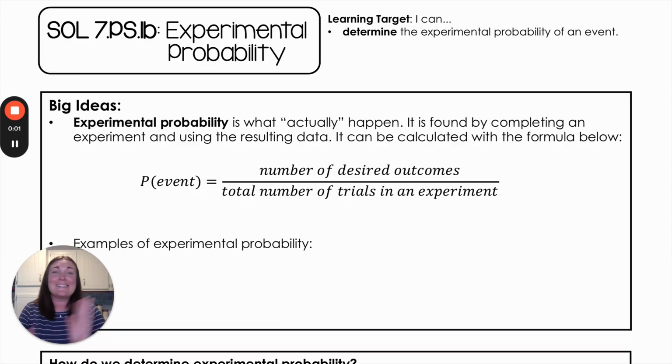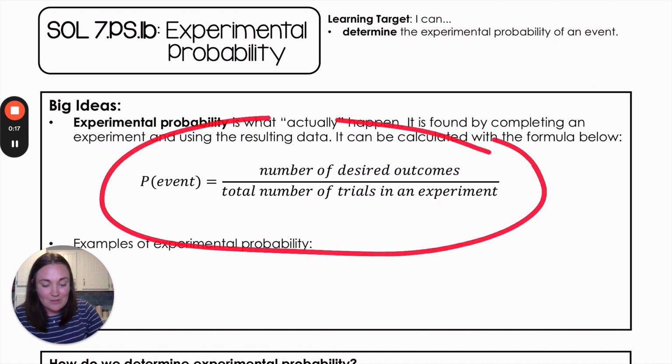Hello everybody, today we are talking about experimental probability. So we've talked about theoretical probability and that should be what should happen, right? But experimental probability is what actually happens in real life when we actually do an experiment. So when we're doing this, we are going to have a new fraction, right, where the number of desired outcomes